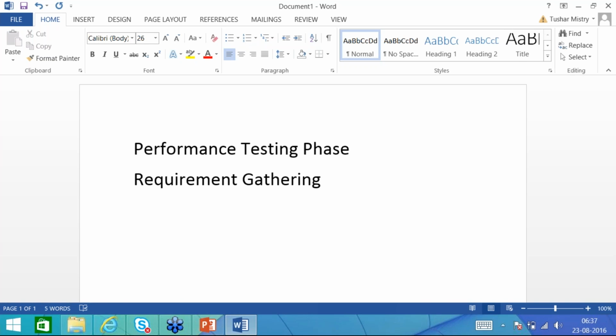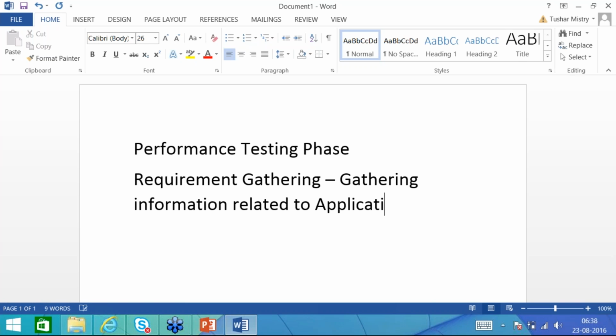Then once we do requirement gathering, gathering about the application that we are going to do performance testing. So all information related to that. So I will just mention it. Gathering information related to the application for which we are doing performance testing. Okay.